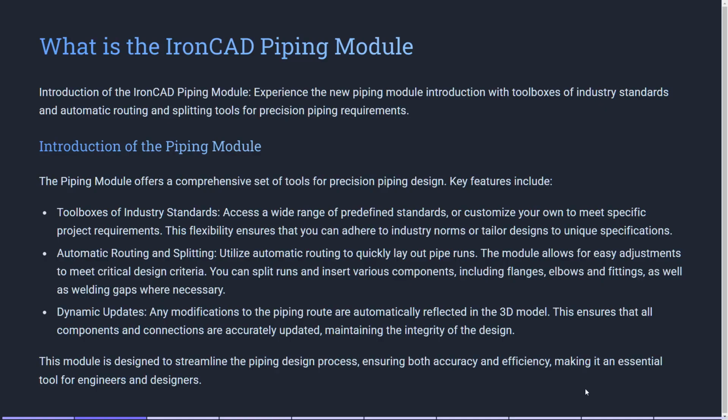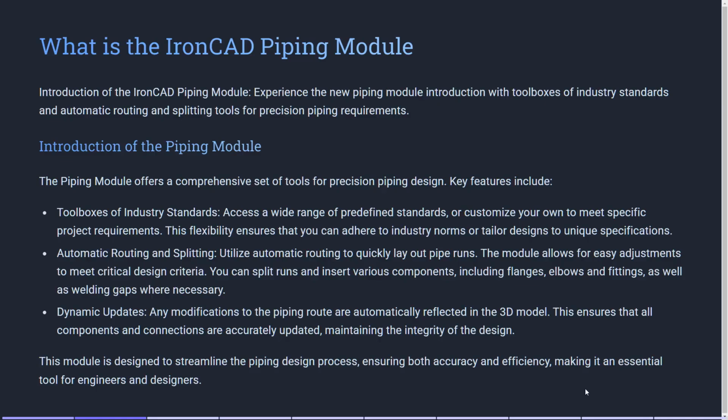The other key thing about our piping module is it has an automatic routing and splitting capability, where you can insert components and it automatically splits the route. For example, like inserting T components, crosses, things like that on your piping runs, that will automatically split the run and insert the component. But you can also do automatic routing, so you can basically point to your starting point and your end point, and it'll give you various options to route to those locations to give you an optimal